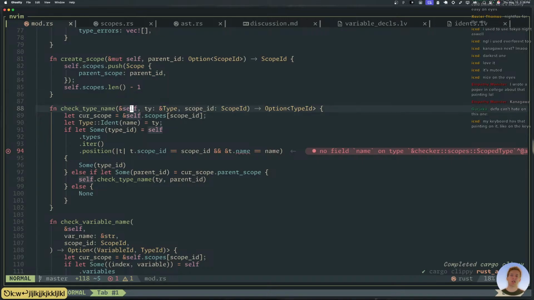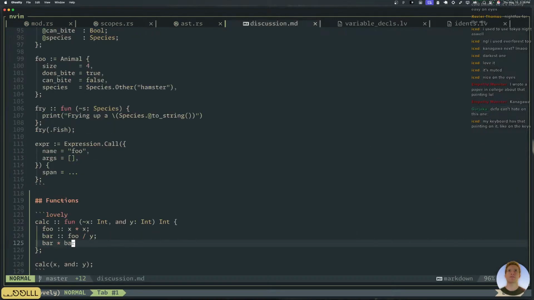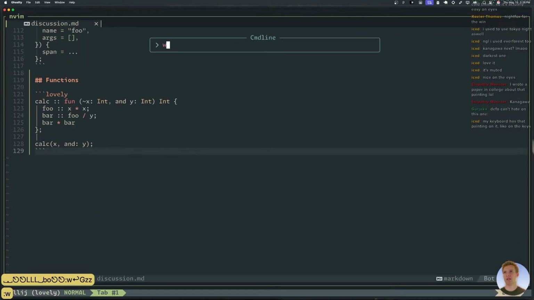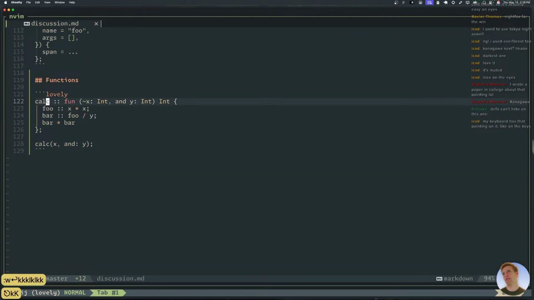All right, we need to back up a little bit. I realize we're almost to the point of type checking functions, but we literally don't even have a way to express function types. So I think we need to back up and talk about that for a second. We in agreement here, chat? Let's go to discussion. This is the place where we discuss. All right, what's the type of calc? If I wanted to put a type in here, what would it look like? This is just a purely syntactic discussion. I see agreement. Perfect. So type of calc.